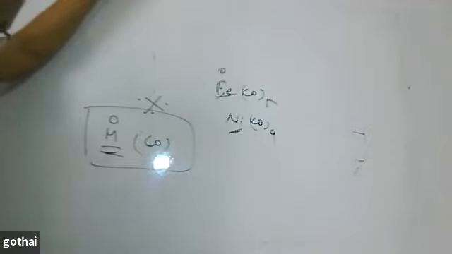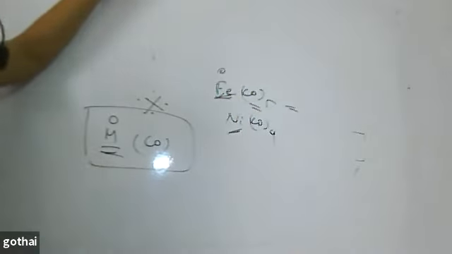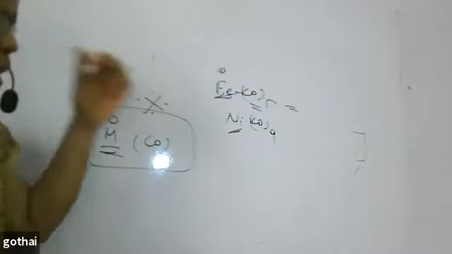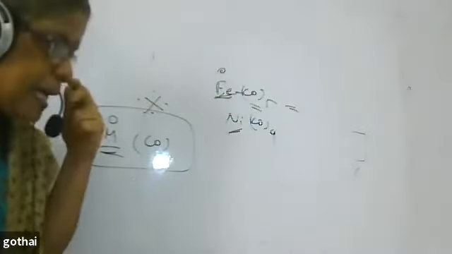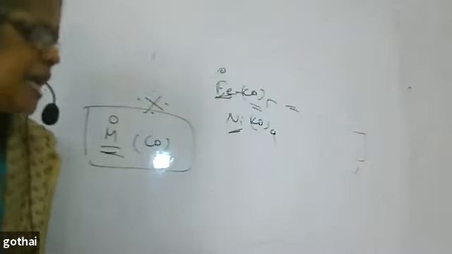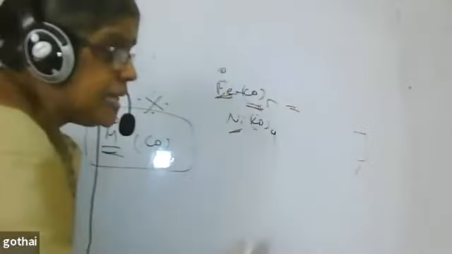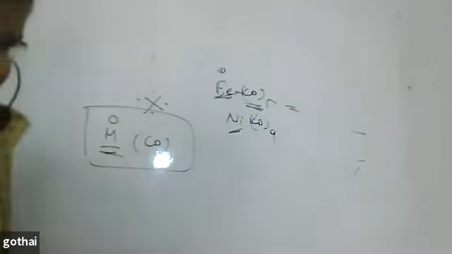When the metal is bonded to carbon monoxide, the compound formed is highly stable. That is due to pi bond formation that you will study in your coordination compounds. We will study that next week, so that you don't have a problem. It is due to the formation of a strong bond between carbon monoxide and iron. The compound formed is highly stable. If we talk about any coordination compound, any compound formed by d block elements, when it is formed by CO, the compound formed is very highly stable, and is of 0 oxidation state.